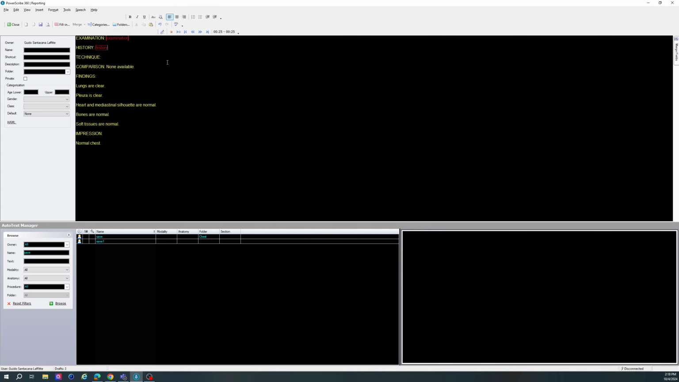And just hit OK, and I can do the same thing for the technique. The technique is going to be the same usually with X-rays as the examination. So I can either delete it, or I can right click on the examination field,